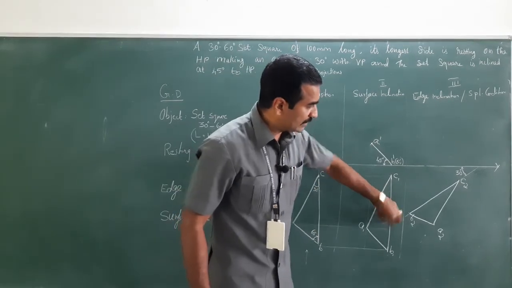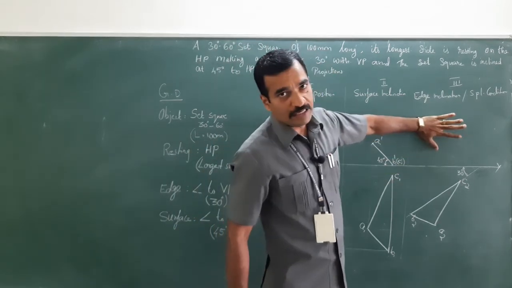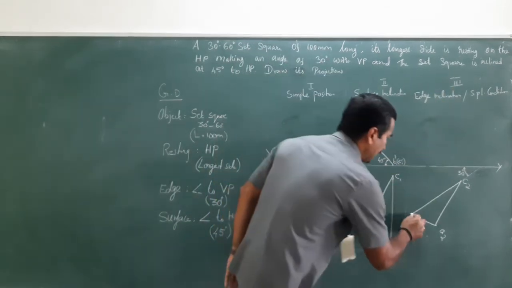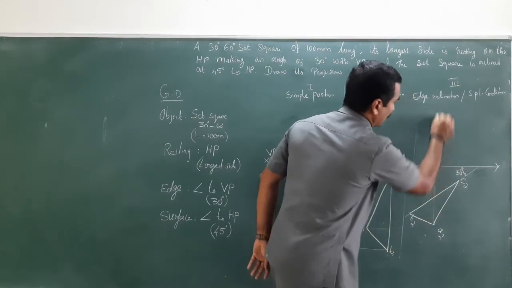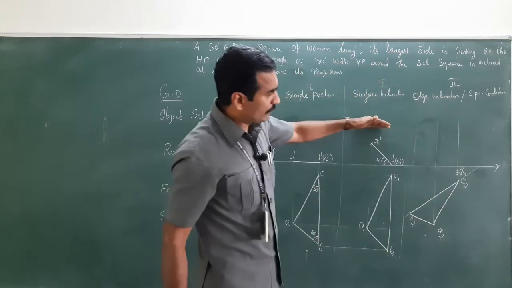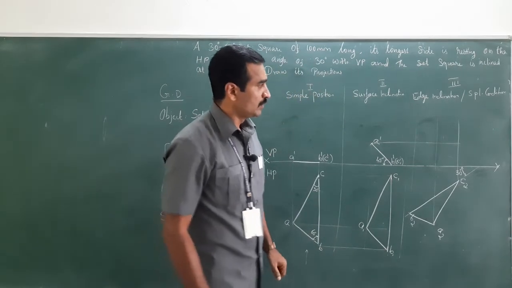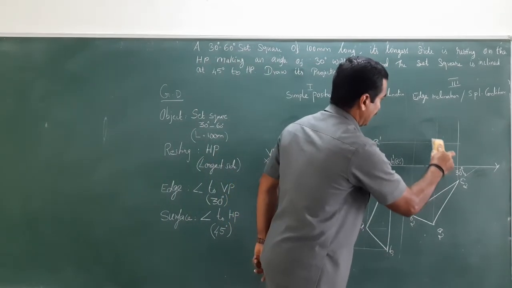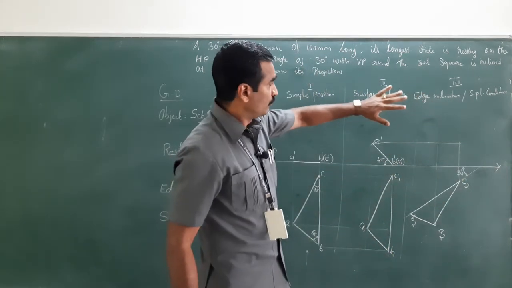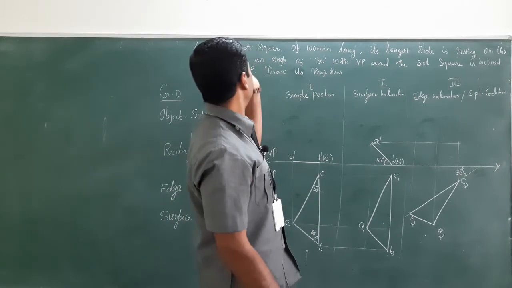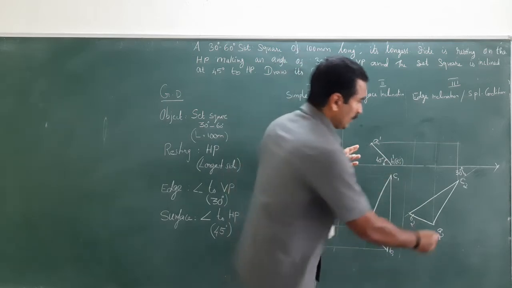Just wipe off the unwanted lines. Now this particular image has been reproduced at an angle of 30 degree. What about the final front view? What you have to do is simply project the vertical projectors vertically upwards. And from the front view, you have to draw horizontal projectors. Now I got a box over here. So within the box only I am going to get the final front view of this object, that is the set square.